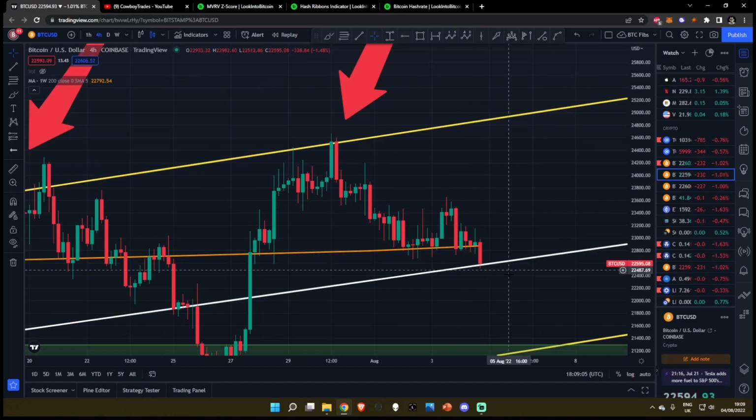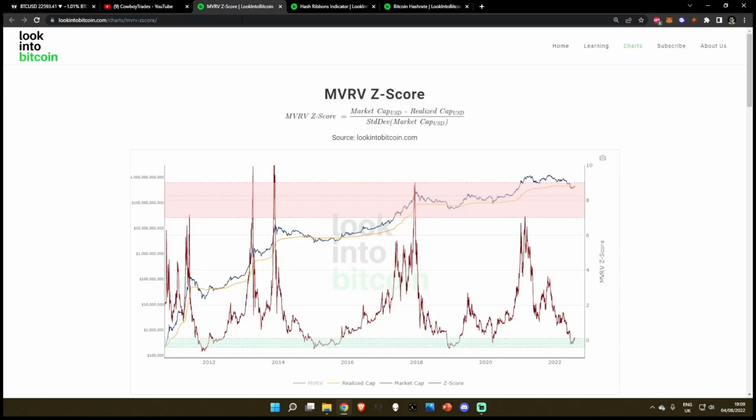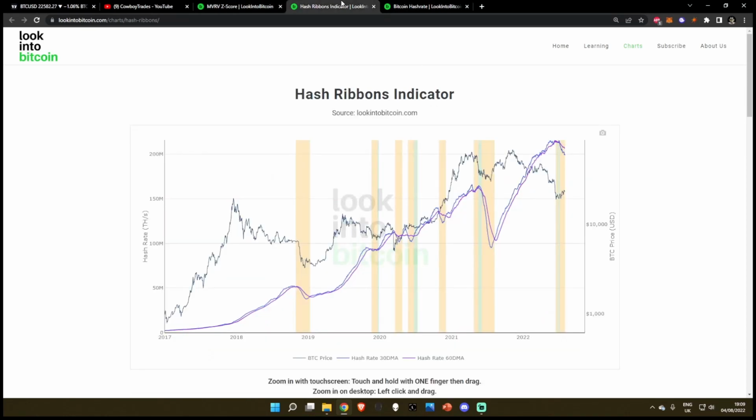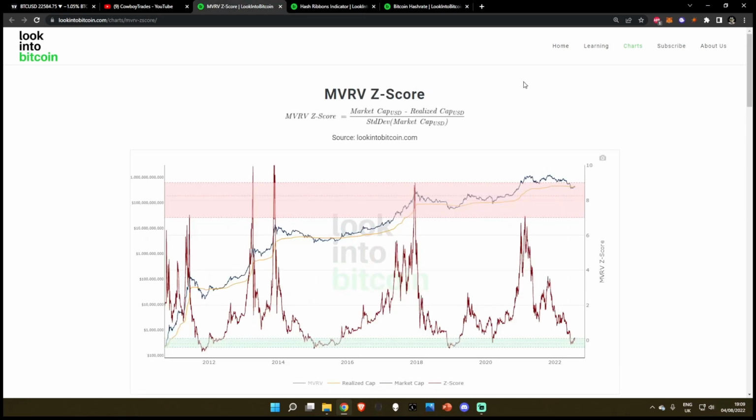So, while Bitcoin loses the support of the 200-week moving average, I thought we'd revisit some of the main on-chain metrics that I've been talking about on my channel, saying these are the main indicators I'd be looking at to call for the Bitcoin bear market low. At this moment in time, they're both capitulating, so let's see what's going on over here, starting off with the